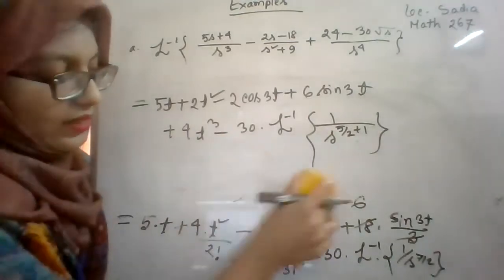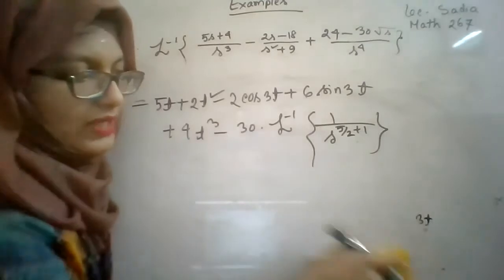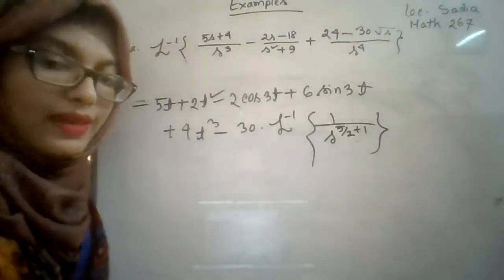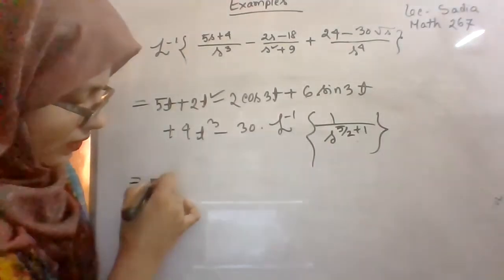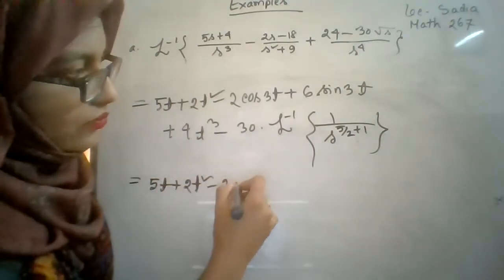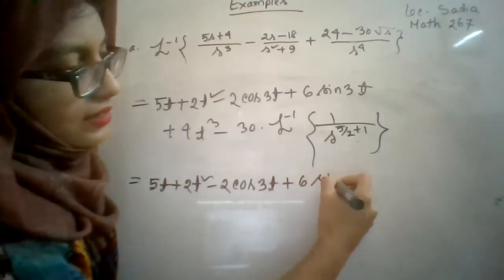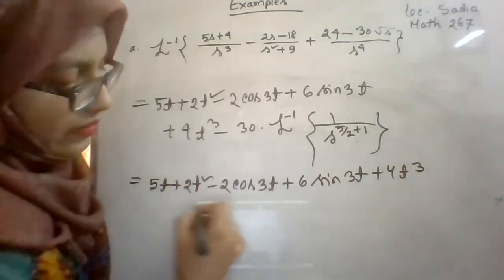So it will be inverse Laplace transformation of 1 by s to the power n plus 1, and here your n is 5 by 2. So it is 5t, 2t square minus 2 cos 3t plus 3 sin 3t plus 4t cube minus 30